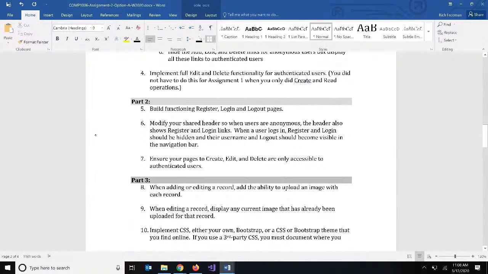For part 2, you'll have to set up user registration, login, and logout, and also make some changes to the header. So when a user is anonymous, the header has register and login links. When a user logs in, those links are hidden, and the nav bar instead shows their username and shows a logout button. We're going to do that in class today